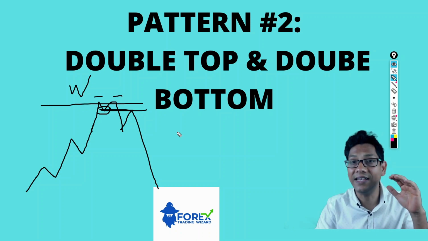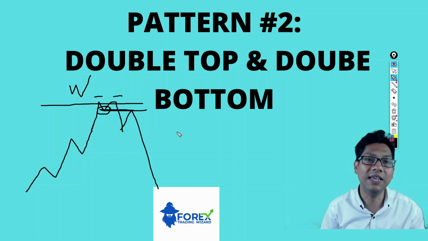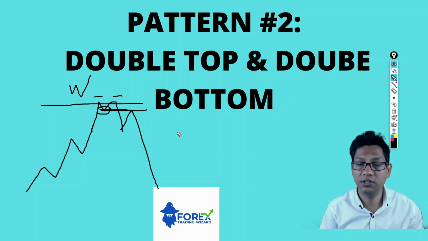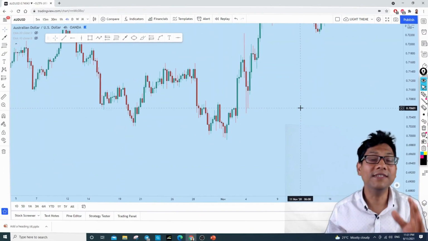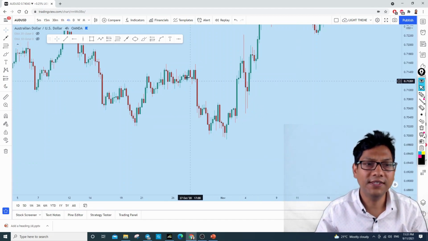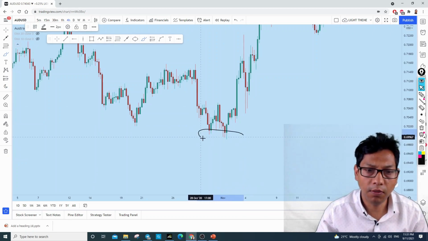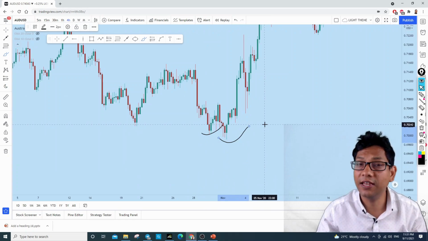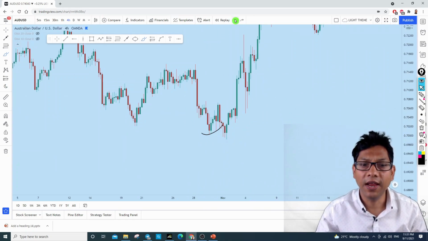Now let's see an example where we'll see how a double top or double bottom formation works. Okay guys, so let's see this example on Aussie dollar. Now let's see this example for a double bottom formation. Now in this double bottom formation, you see there has been a clearly defined double bottom, and after this double